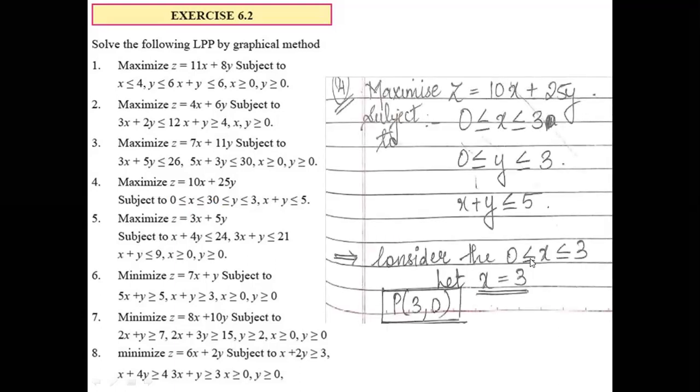So consider the first equation, 0 less than equal to x less than equal to 3. So directly I got the value of x to be 3. I have named it as coordinate P, 3, 0. Now for y, I'll see to it that I don't name any alphabet close to P. So as you all can see, for the y coordinate, I got 3. I named it as coordinate A. So P and A can't be joined together. For the equation x plus y, I have used the coordinates D and D. So this way, x will be a straight perpendicular line, y will be a horizontal sleeping line, and x plus y will be like this. So I have taken 1 centimeter is equal to 1 unit.